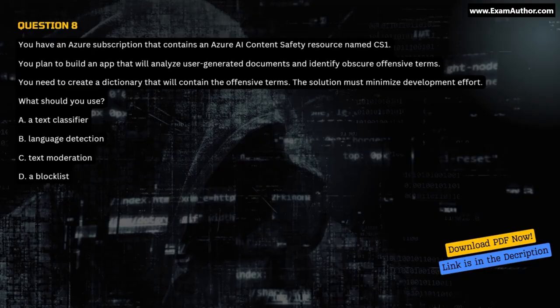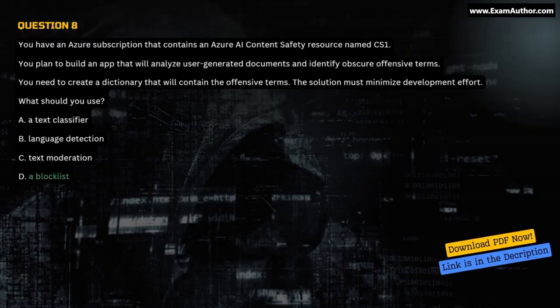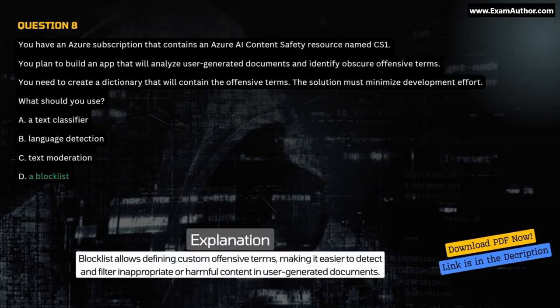A. A text classifier. B. Language detection. C. Text moderation. D. A block list. Correct answer D. A block list. Explanation: Block list allows defining custom offensive terms, making it easier to detect and filter inappropriate or harmful content in